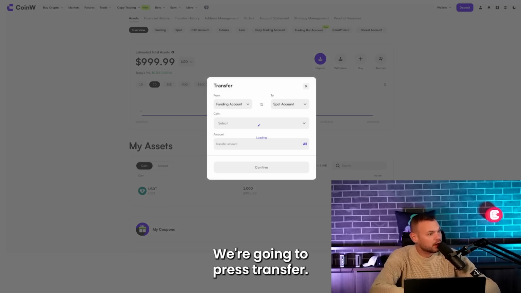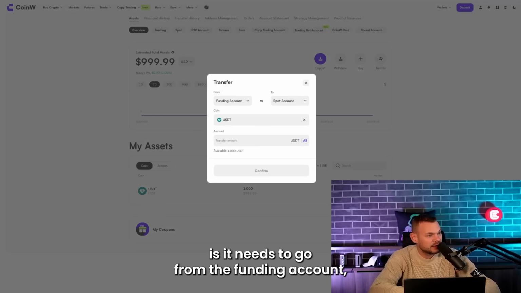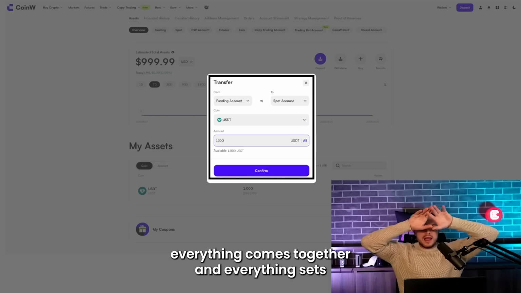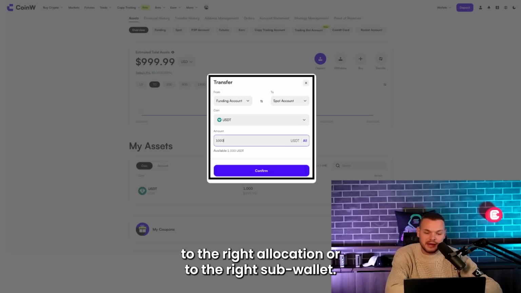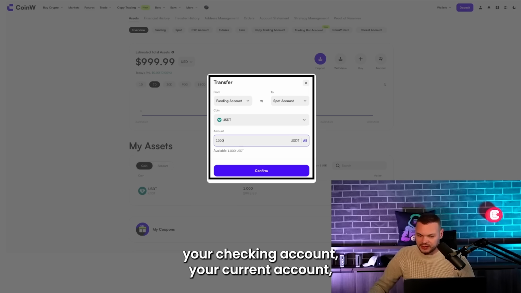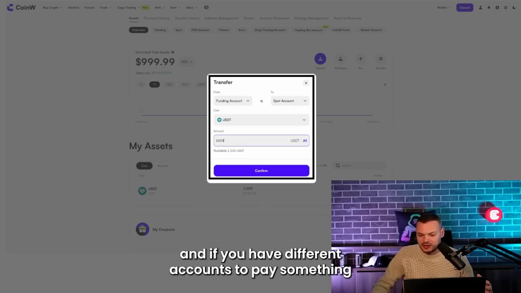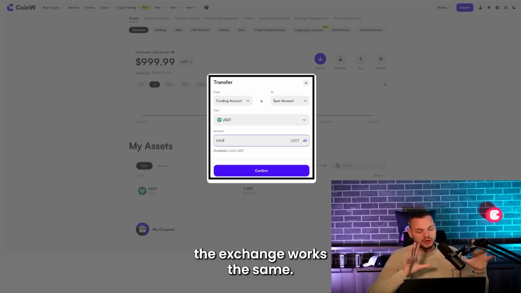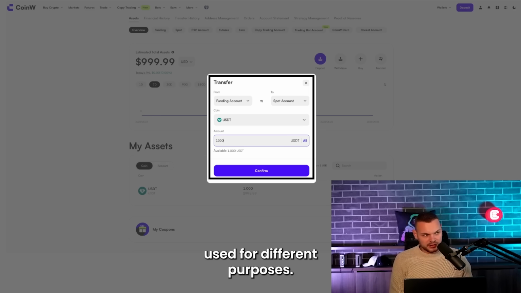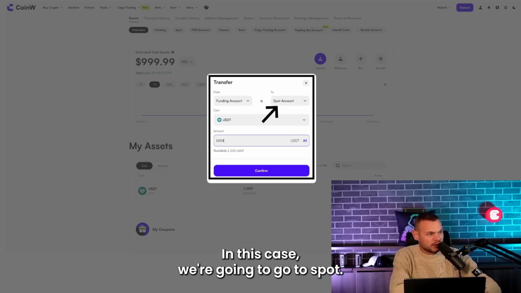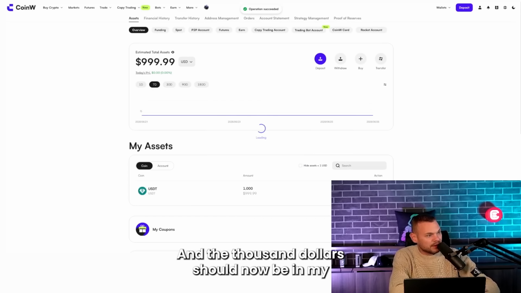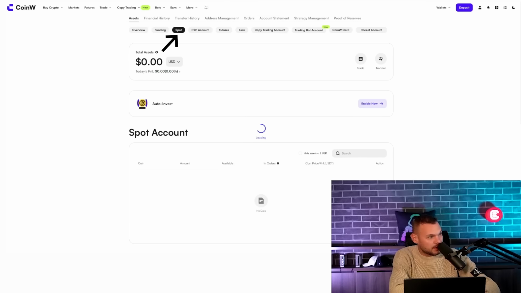We're gonna press transfer, and the first thing you need to do is it needs to go from the funding account, which means that it is your main account where everything comes together and everything sits, to the right allocation or to the right sub wallet. See it as your savings account, your checking account, your current account, and if you have different accounts to pay something or even a shared account with your partner, an exchange works the same. You have one main account with subdivisions used for different purposes. In this case, we're going to go to spot. So from the funding account, we're going to transfer, confirm, and the $1,000 should now be in my spot account,